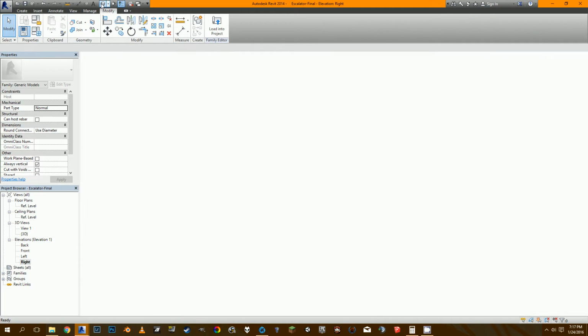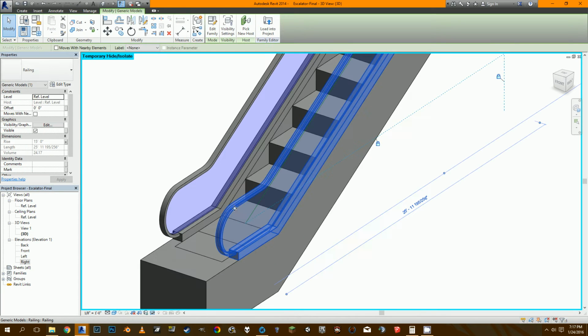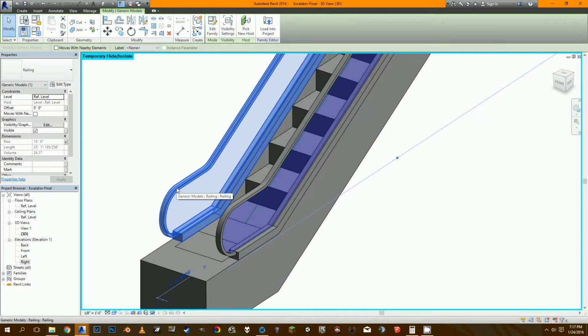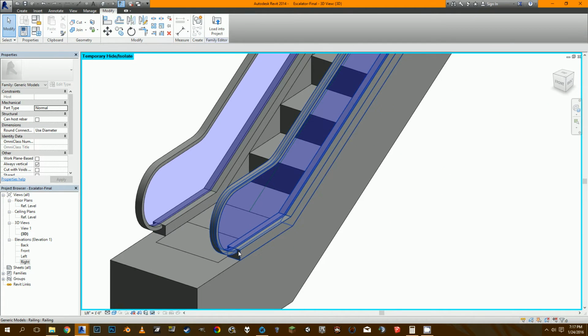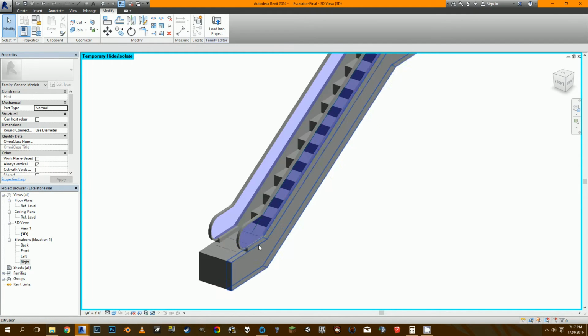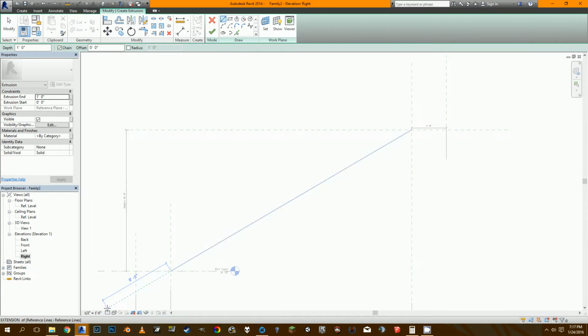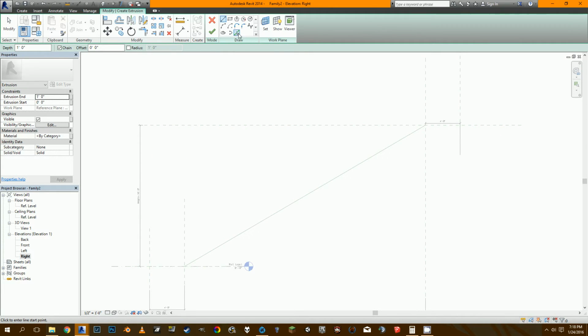The reason why we do two separate families, let me flip over to this one, is because if you see, I select this, it says railing, and this says railing. We can give the railing their own center reference plane, or their own working reference plane, and not have to worry about doing all the math to make sure these stay the right width. So we can work in this little world here and not have to worry about anything else. So you don't have to worry about your reference plane, just make sure you're in the right elevation, and then